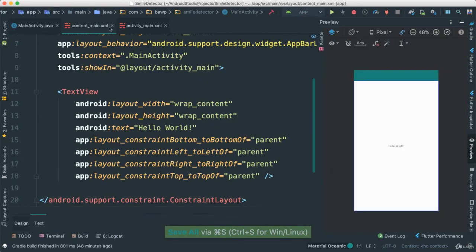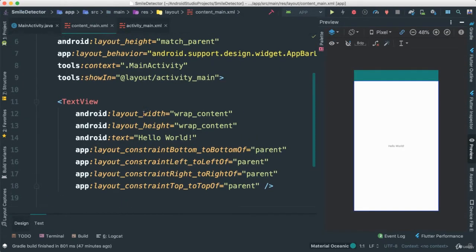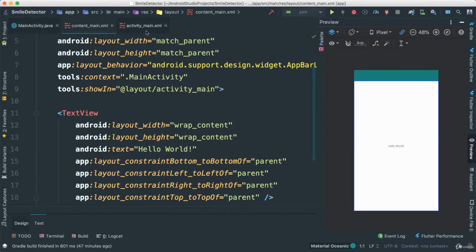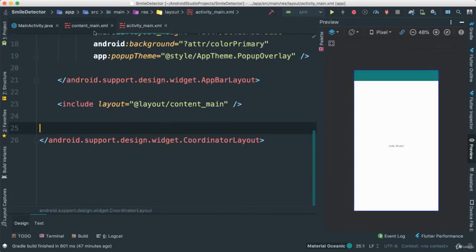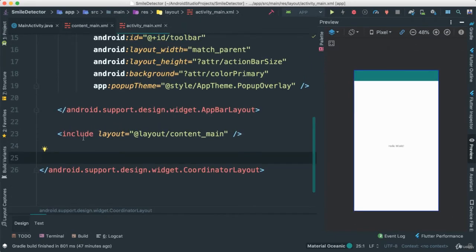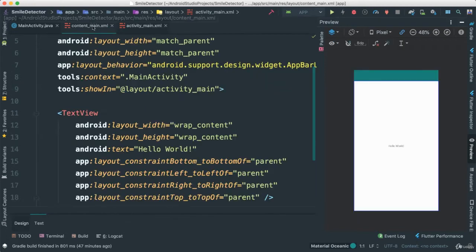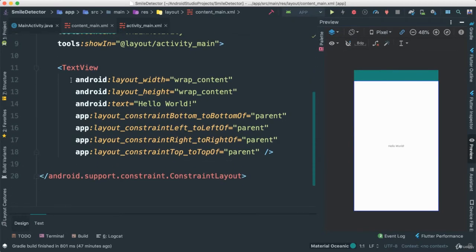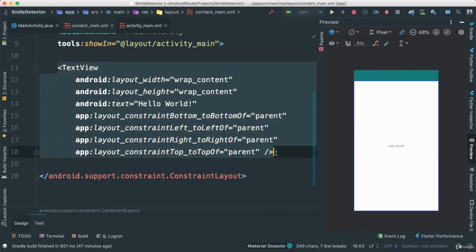All right. Actually, let's go to our content main XML. Notice because we use a different way of creating our activity or project, now we have activity main XML and content main XML. Same thing, okay? So notice we are using the include to get our layout from our content main. Everything is inside our content main, so the activity main XML is just a shell, if you will. So what we're going to be doing here, obviously, we're going to get rid of all of this, not needed